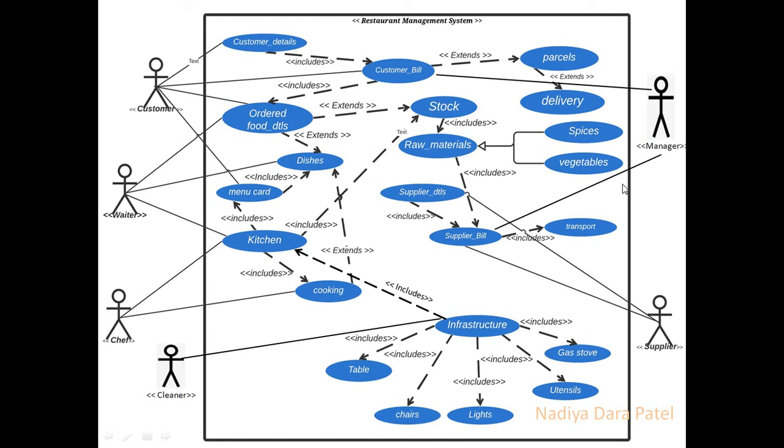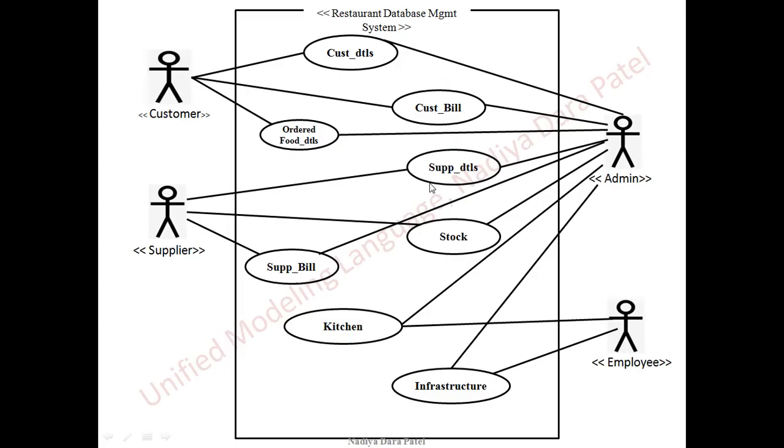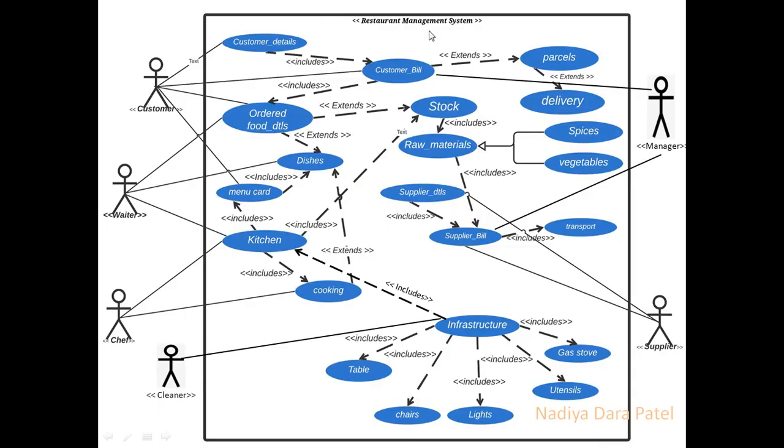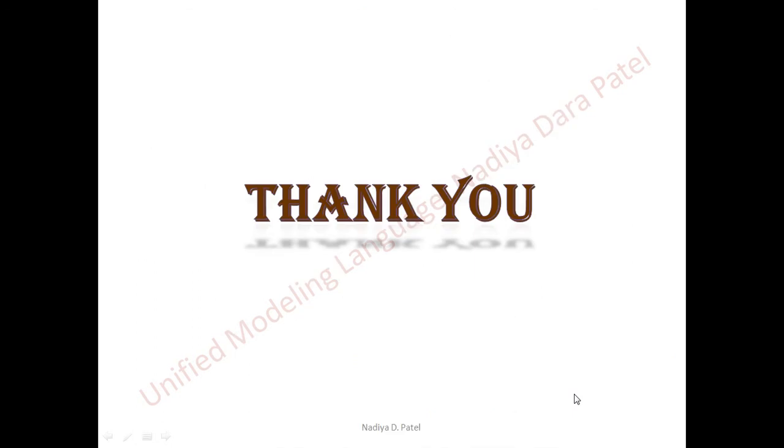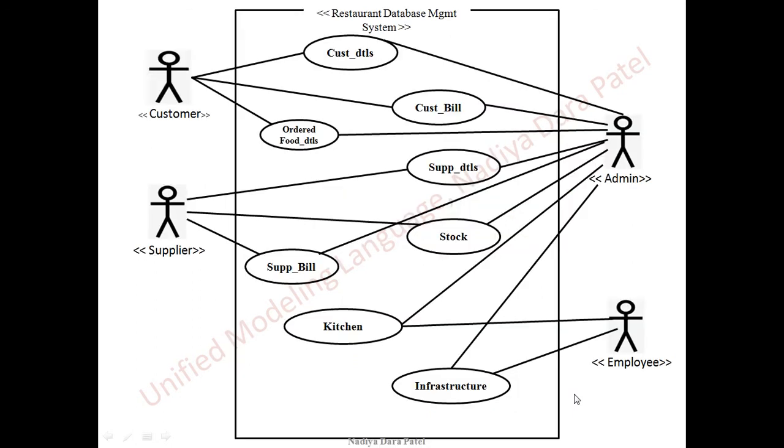So this is the application level diagram, and this is the initial real life working diagram. This is an important diagram which you should draw before drawing this kind of diagram. If you ask me, I'll definitely prefer this diagram because it is detailed. It is giving me every single nook and corner, and it is explaining everything from the initial to the end. So this is drawing use case diagrams. I hope you understood. I have tried to keep it very simple.